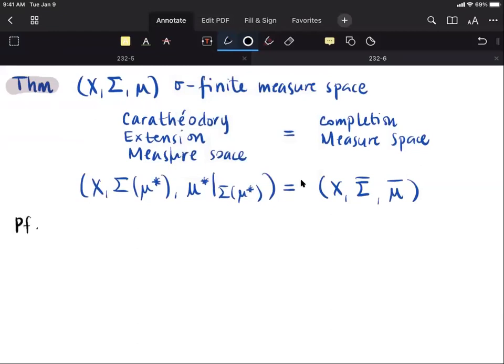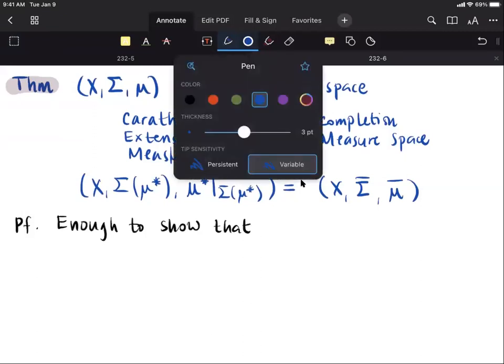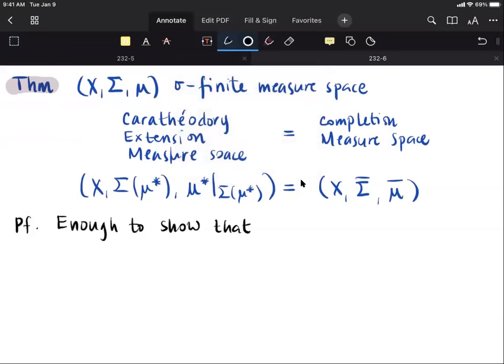For this, it is enough to show that, but what do we mean by equality of two measure spaces? Of course, the corresponding components must be equal. In other words, these two sigma algebras must be equal, and these two measures must be equal. Then it would be enough to establish